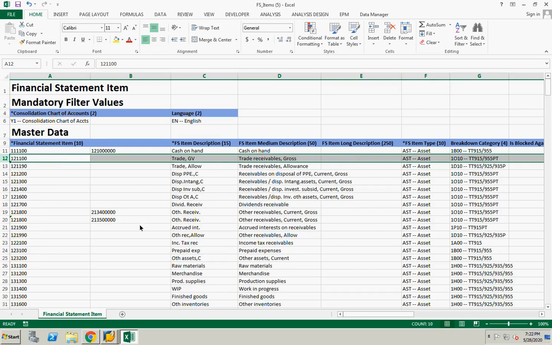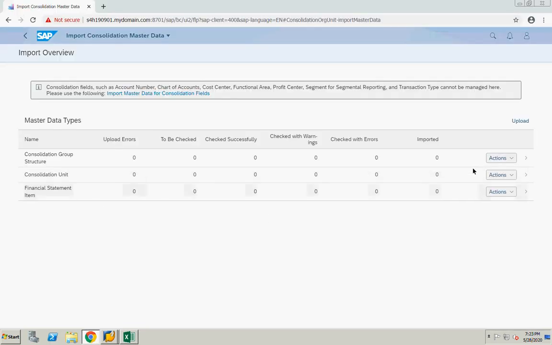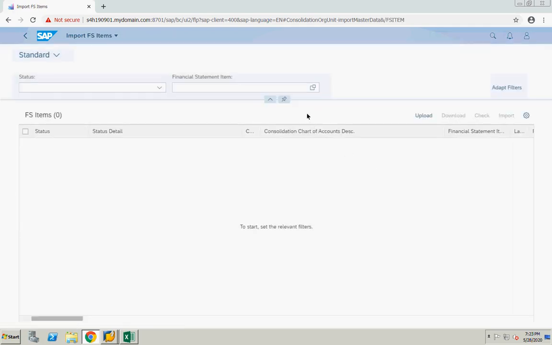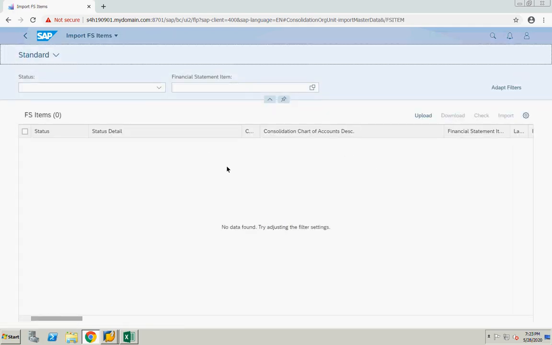Once this file is ready, validate this file with the business user, who can give the inputs for this. Validate this file and load it using this particular import financial statement option. Here you can upload the file using this financial statement item. I'm going to show how to import those data.